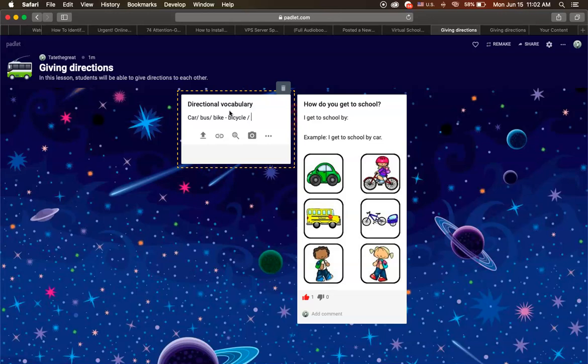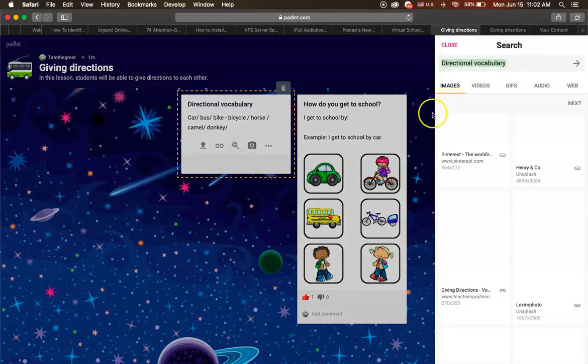You can put, if you want to be funny, you can put horse. Obviously, no students, or camel, donkey. Obviously, it'll be funny for the students, but none of them would actually get to school by donkey. So you just put that terminology there, and if you want to again search images of any of these,